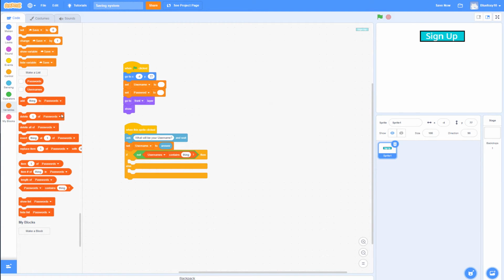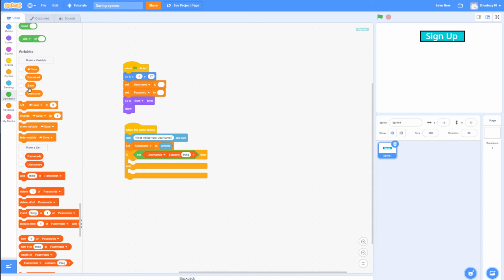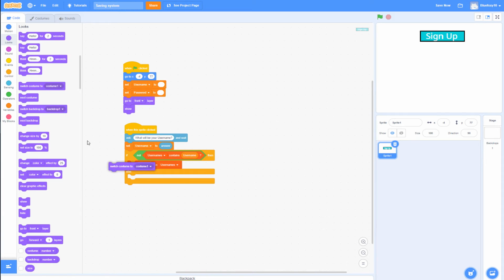usernames contains username, then add. We're going to do add username to usernames, and then we're going to do if else, and in the if else we're going to do say